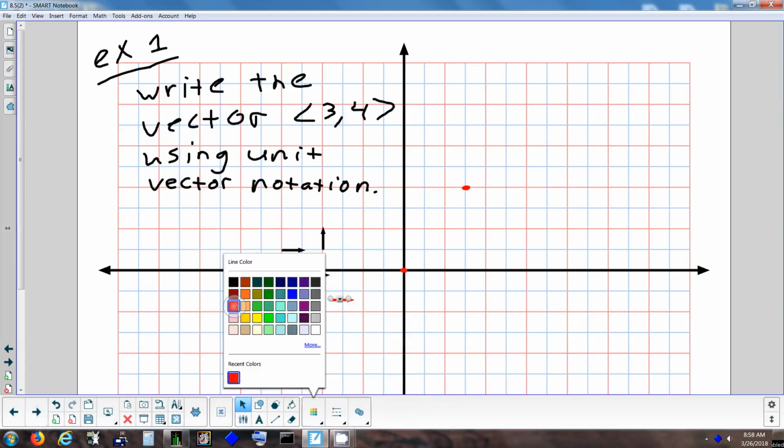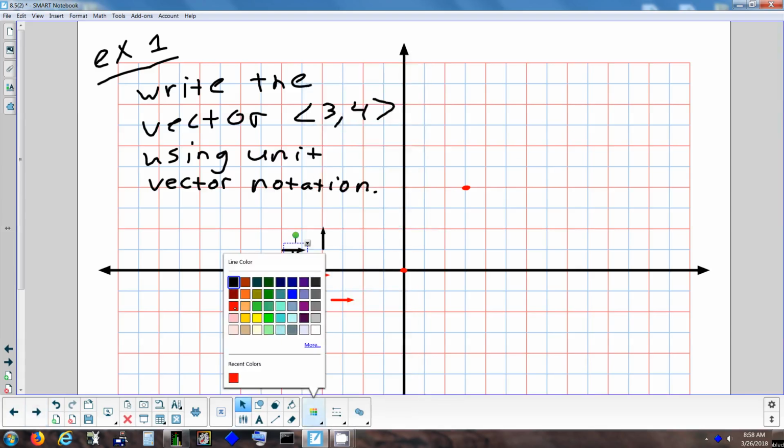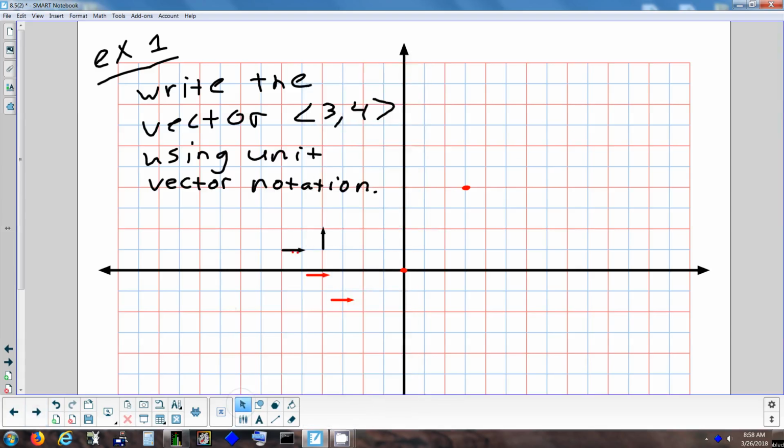And what I should probably do is change the color so they don't blend into the x's. There we go. Okay, so I'm going to stack 3 of the i's together. So we've got 1, 2, 3. And that's the first part of writing this vector in unit vector notation. 3i plus,